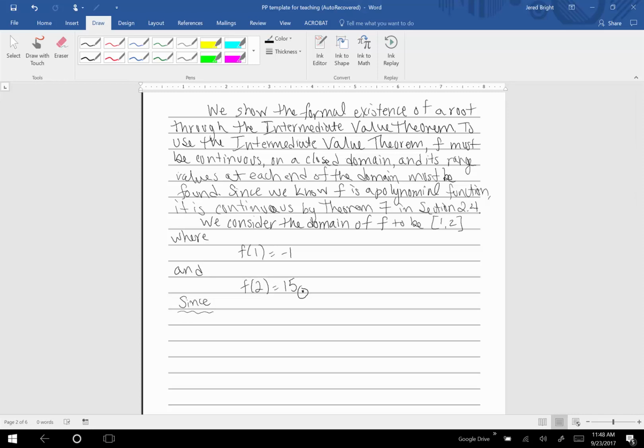So since f of 1, and let me put this on its own line, since f of 1 is equal to negative 1, which is less than 0, which is less than 15, which is equal to f of 2, okay, comma, and all conditions, or rather hypotheses, of the IVT, intermediate value theorem, written out,